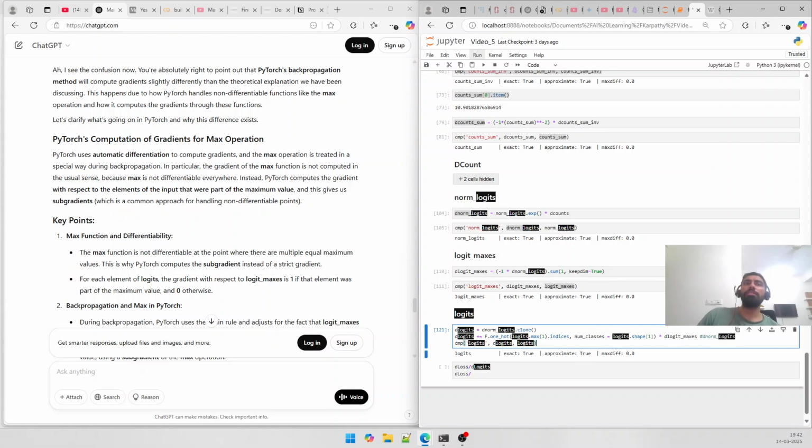The major reason is that this logit maxes, it's a max function. It is not a continuous function. You can't differentiate that because obviously it's not a continuous function. You are just picking up a maximum out of the available options that you have. As a result, the theoretical differentiation that we were trying to do,